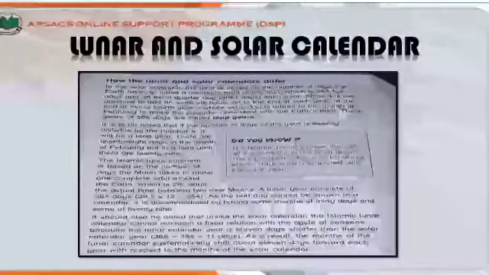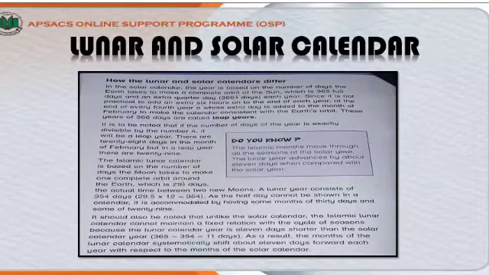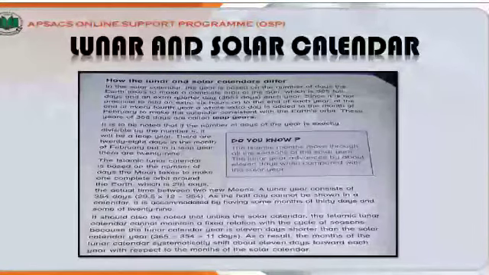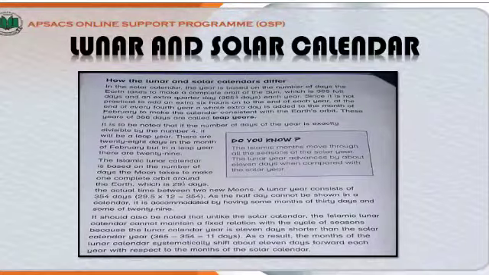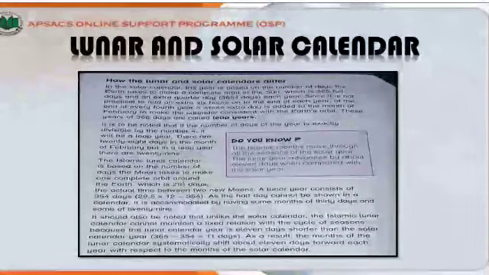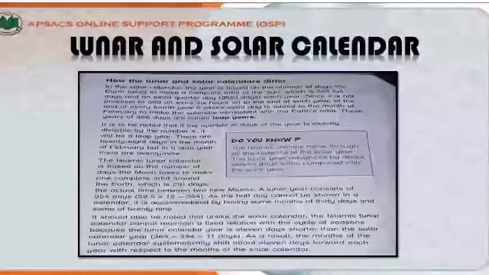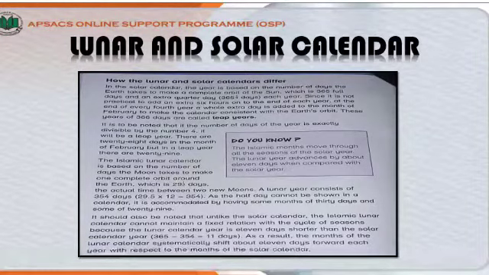Open page number 34 to understand how the lunar and solar calendars differ. In the solar calendar, the year is based on the number of days the earth takes to make a complete orbit of the sun, which is 365 full days and an extra quarter day each year. Since it is not practical to add an extra 6 hours to the end of each year, at the end of every fourth year a whole extra day is added to the month of February to make the calendar consistent with the earth's orbit. These years of 366 days are called leap years.